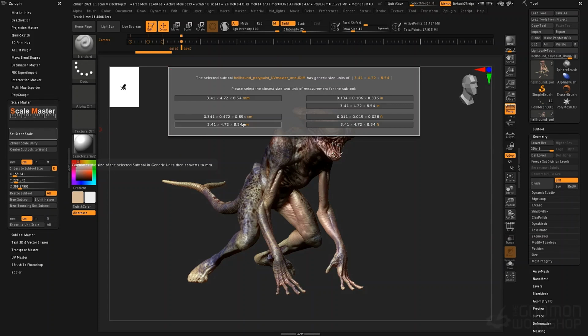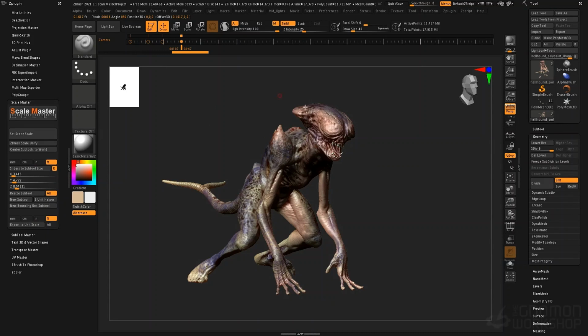Now, this is in X, Y, and Z units. So from the head to the tip, 8.5 feet is about the size of this creature, so I will set that as my actual object scale. Now, if I want to know what my object is inside of ZBrush in terms of the ZBrush scaling, if you go to the Tool menu, go to Geometry, and then open Size, you'll see the XYZ units here are